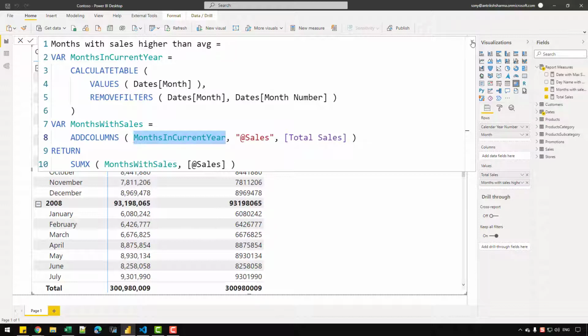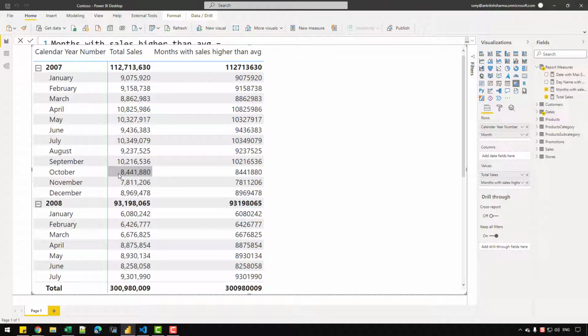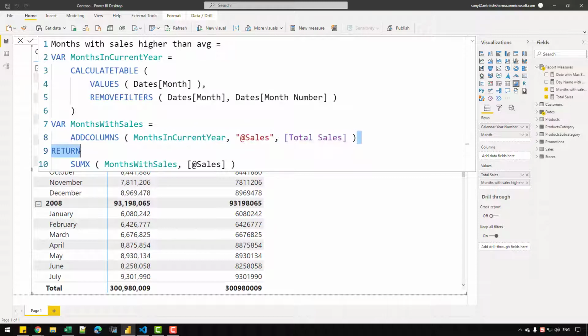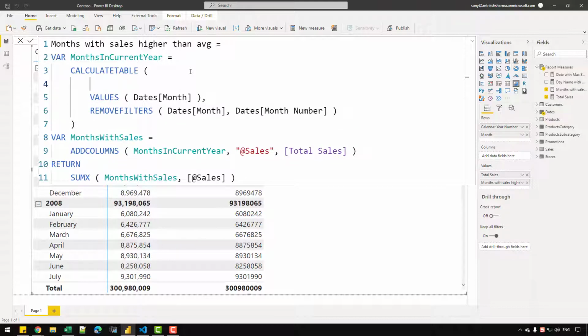So if in case I want to get the grand total, or let's say the average of the whole year, what I simply need to do is simply copy this code and I will paste it inside the calculate table. So let me just show you what I mean by that. First of all, let me just create a variable. So it will be visible months, let's say, and that will simply hold the values function.